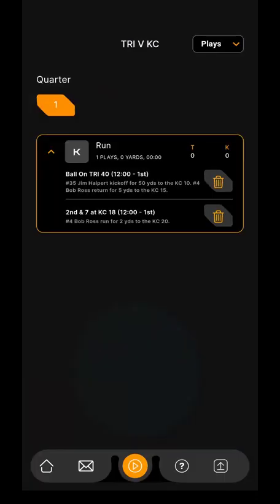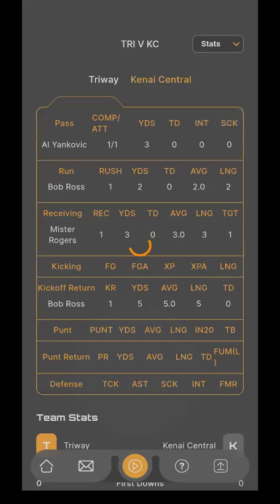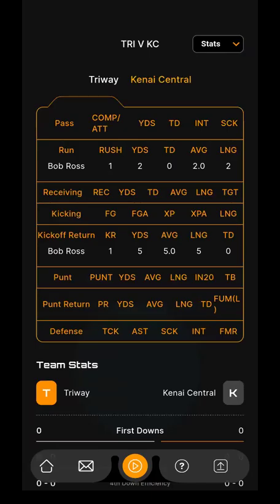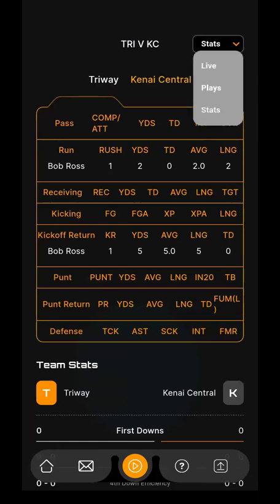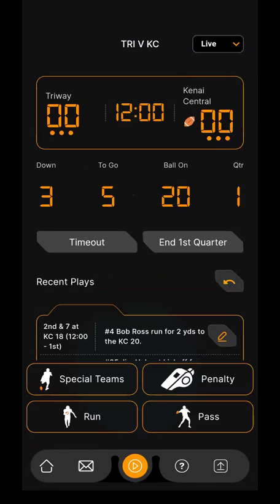So now if I go back to stats, you'll see here the stats are also gone from that play. So there's no more completion, no more reception from that play. And also, if we go back to the live, the one thing that's important to note about the delete play is when you delete a play, it will not update the status of the game. So whether it's the clock or the down or the to go or the yard line, it will not update